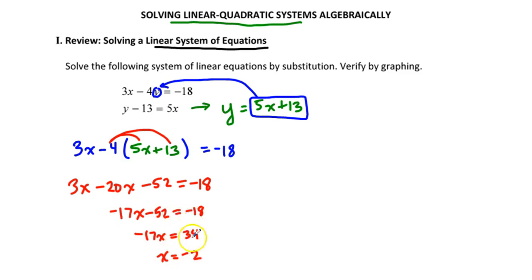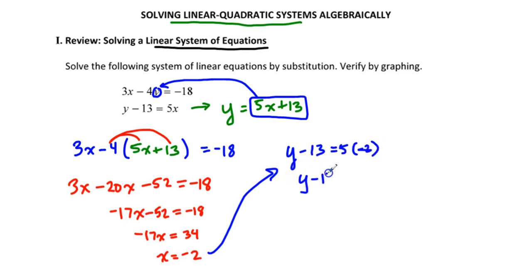Now that I've solved for x, it's going to be pretty simple for me to solve for y. I just need to look at either of those original equations and decide which one's going to be easier to work with. So I'm going to look at that bottom equation because it already just has y and not a coefficient in front. I'm going to write that out, but in place of the x, I'm going to write its value. I'm going to write 5 times -2, and now I just need to do a substitution. I've got y minus 13 equals -10, and so y is equal to 3. Now I've got my answer,